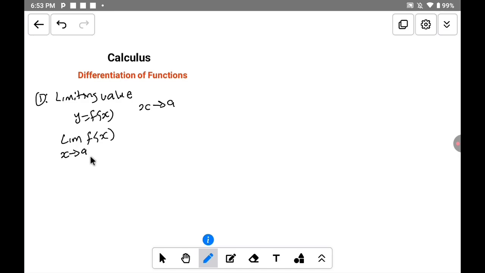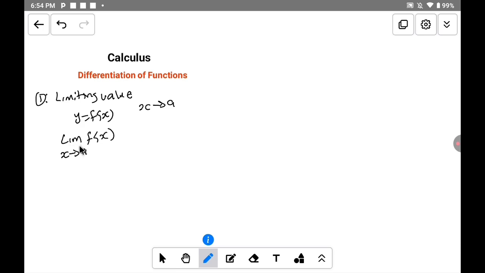S approaching the value of what? Of a. It approaches the value of a. So this a represents a number. It may be 2, it may be 3, it may be 4, it may be 10. It represents a certain number. Therefore, if you have a limit function of a finite number, it can be written as